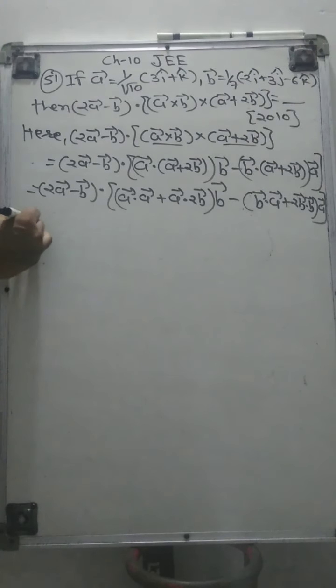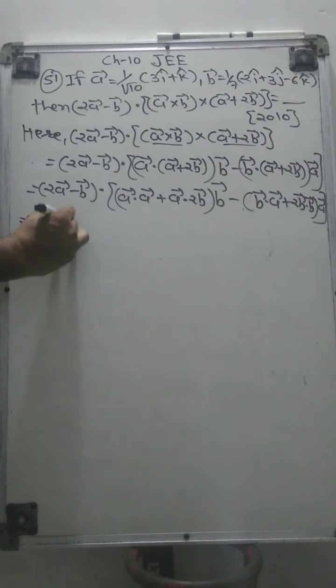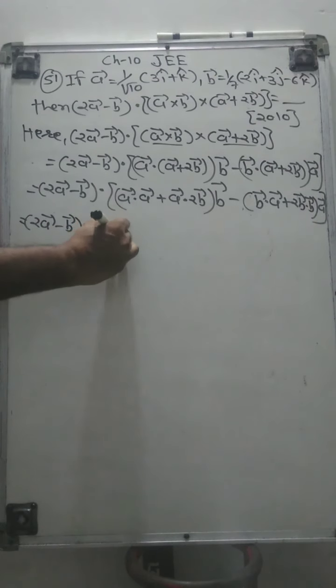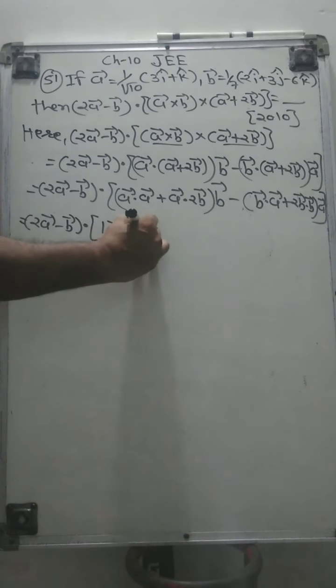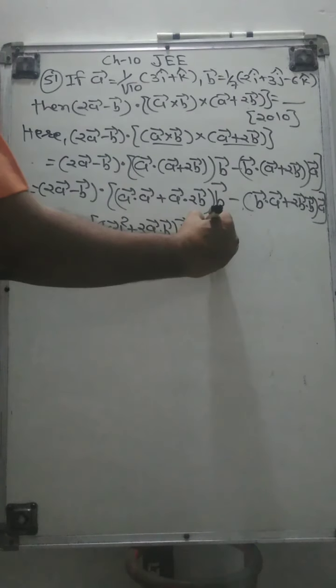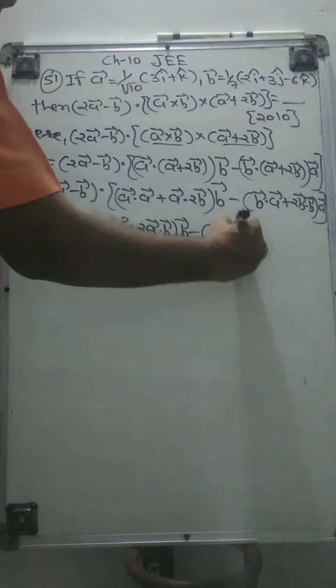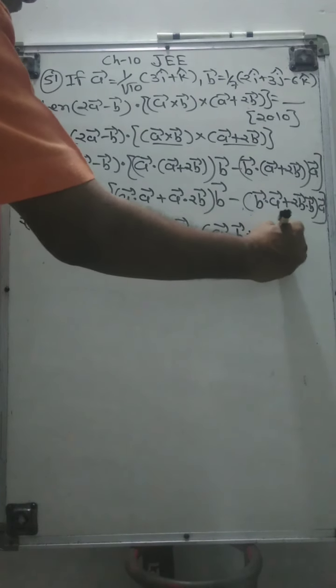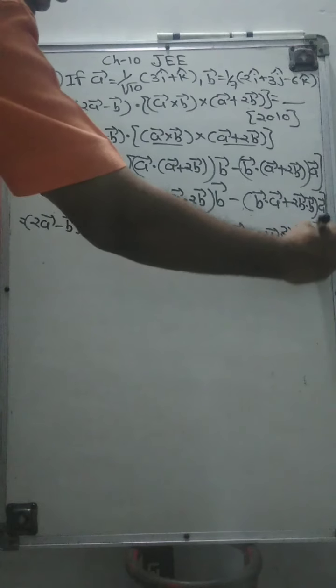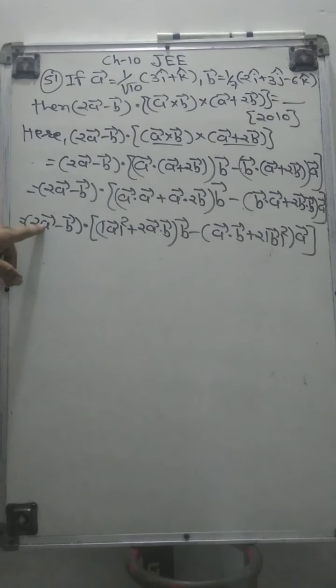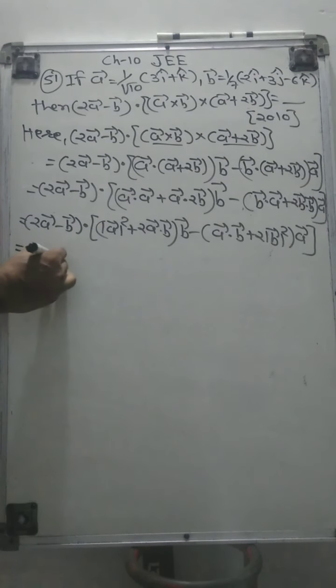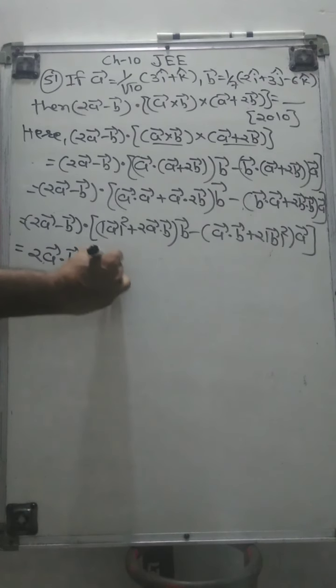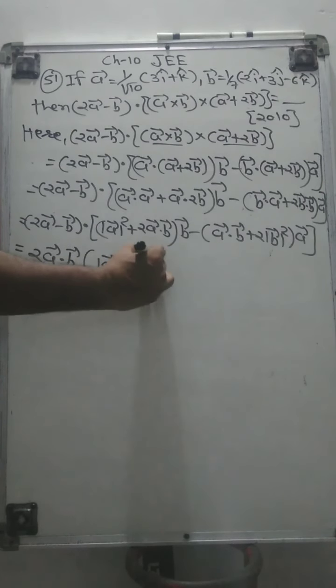It is 2 a bar minus b bar dot mod a square plus 2a dot b into b bar minus a dot b plus 2 mod b square into a bar. Now here we multiply this a bar with bracket, then we have 2 a bar dot b bar in bracket mod a square plus 2a dot b